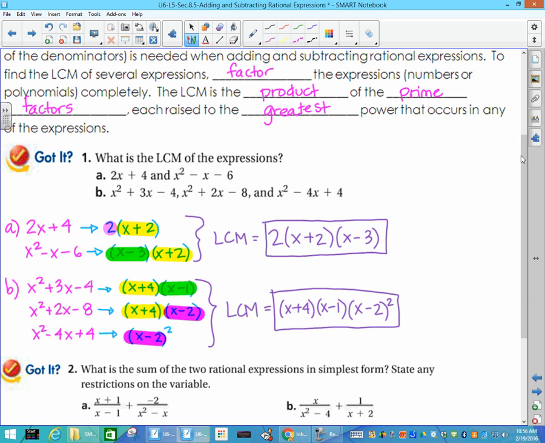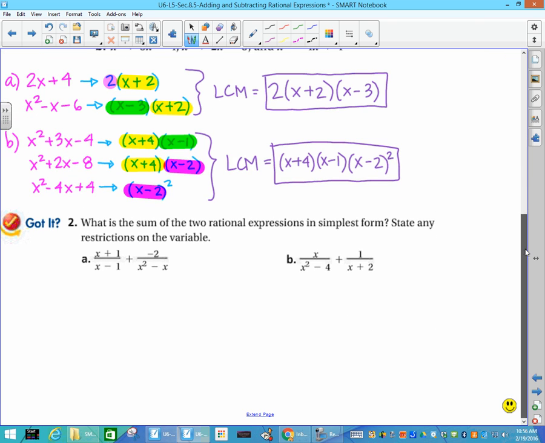Okay, now on to adding and subtracting. What is the sum of the two rational expressions in simplest form, and state any restrictions on your variable? Now the important thing to remember about this when you are doing a sum, or on the next example